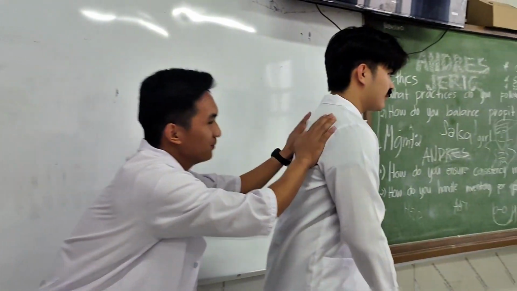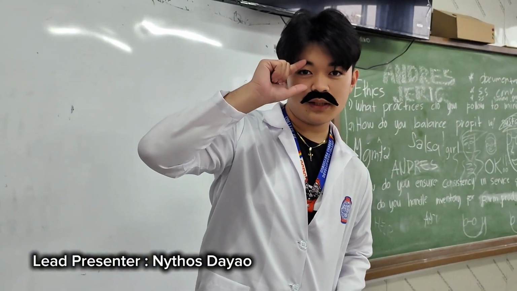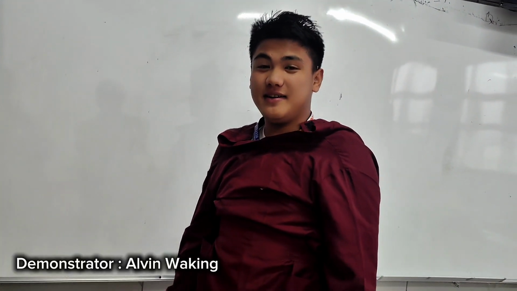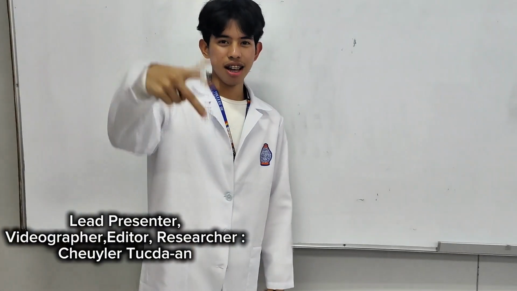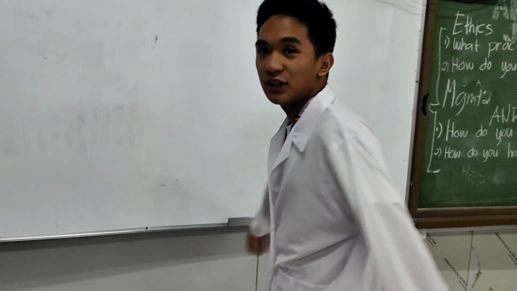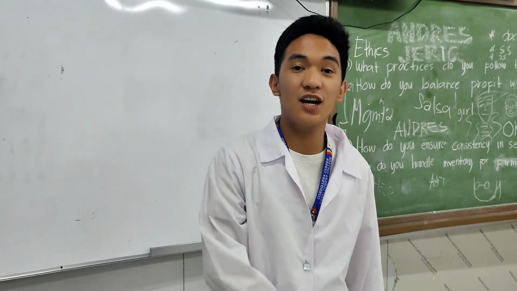Let's summarize the 12 cranial nerves. Cranial nerve number 1, the olfactory nerve. Cranial nerve number 2, the optic nerve. Cranial nerve number 3, the oculomotor nerve. Cranial nerve number 4, trochlear nerve. Cranial nerve number 5, trigeminal nerve. Cranial nerve number 7, facial nerve. Cranial nerve number 8, the vestibulocochlear nerve. Cranial nerve number 9, glossopharyngeal nerve. Cranial nerve number 10,